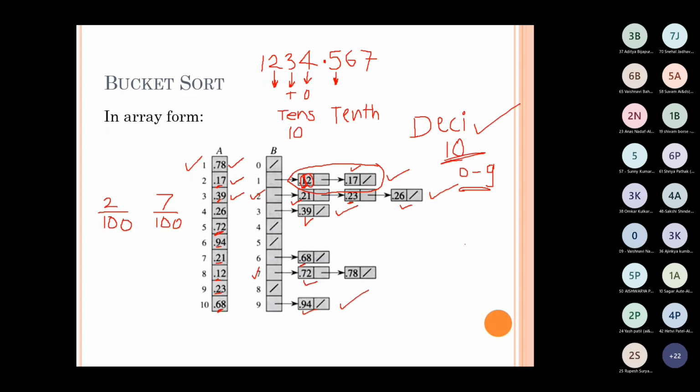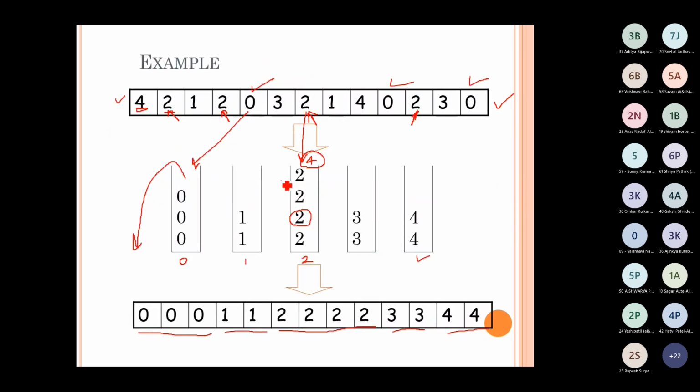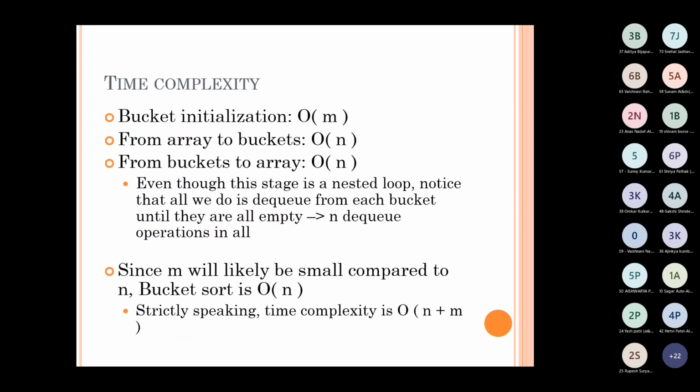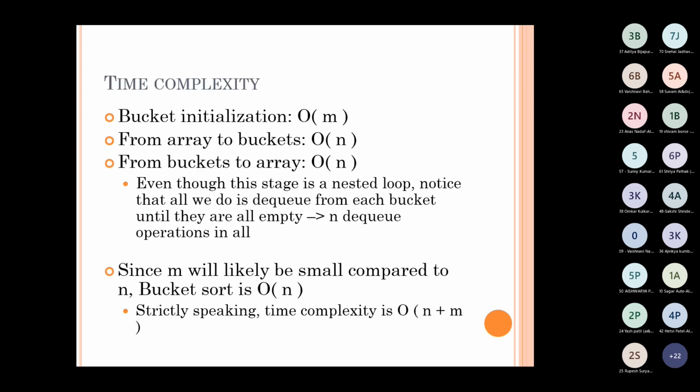That means we put them into the queue. Putting inside the queue means NQ, and DQ means taking out from the queue. Stack and queue are in our next unit, where we will cover what the NQ operation is: putting the element in the queue, and DQ means taking out the element from the queue. So like this we will be doing. Now, let us consider the most important part, that is the complexity of bucket